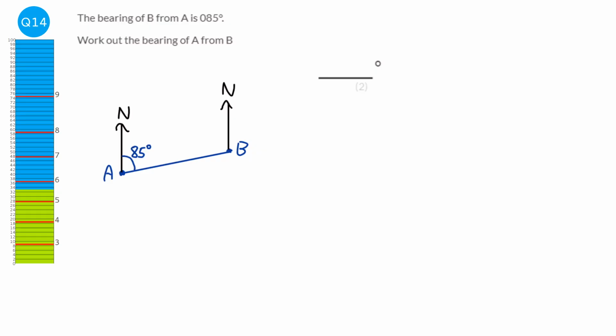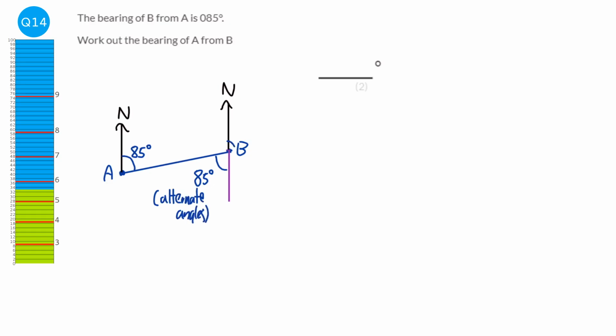So now it says work out the bearing of A from B. So the first thing we can do is just draw a line going down here, and we know that this angle here will also be 85 degrees because of alternate angles. It's always best to write that down somewhere, so we can just put in brackets here alternate angles,